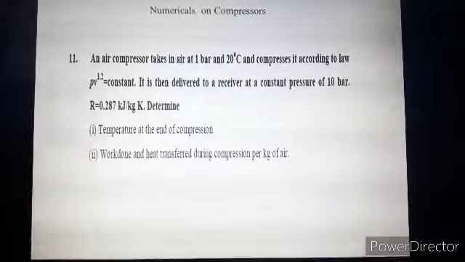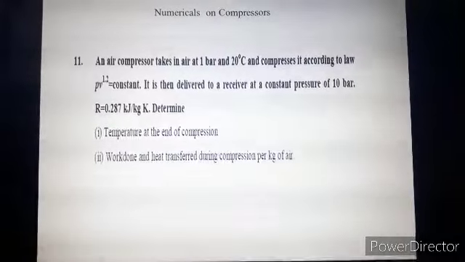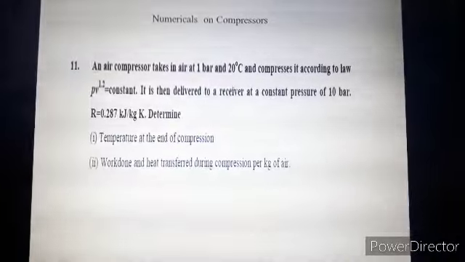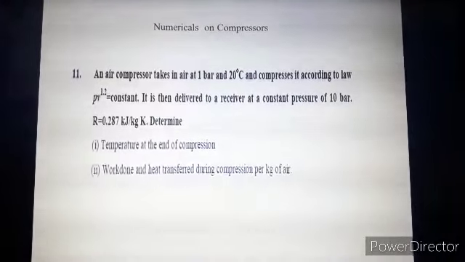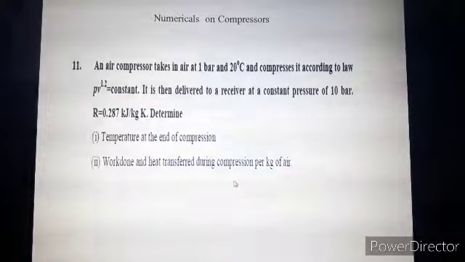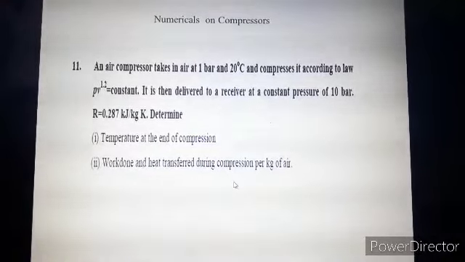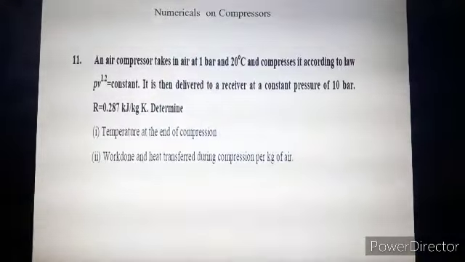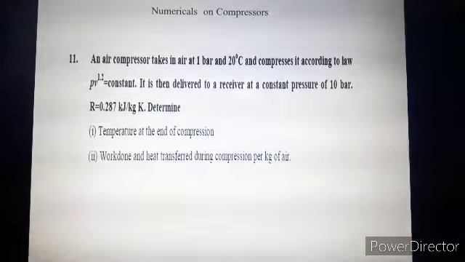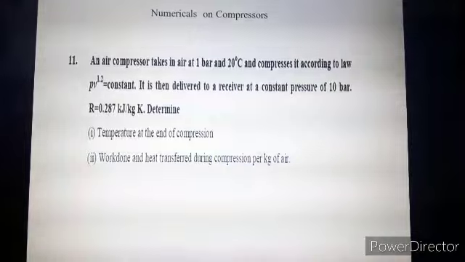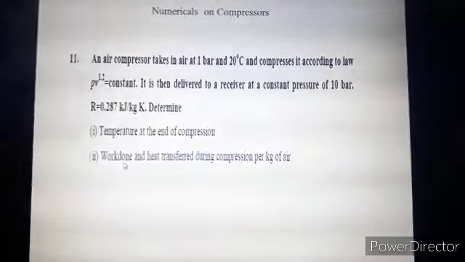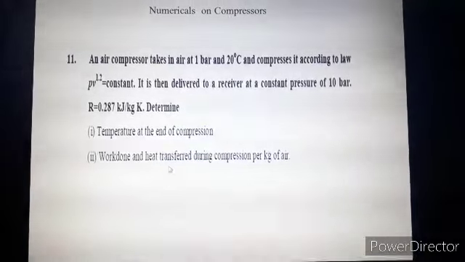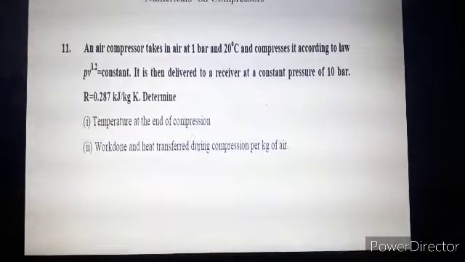Again, Cp, that is specific heat at constant pressure for air, if it is not specified then we take that value as 1.005 kilojoule per kg per Kelvin. Now here, in order to find change in internal energy, we have to refer the specific heat at constant volume, that is Cv equal to 0.718 kilojoule per kg per Kelvin. So we can find change in internal energy, again work by the previous relation, and we can substitute the value of internal energy and work so that we can find the heat transferred.